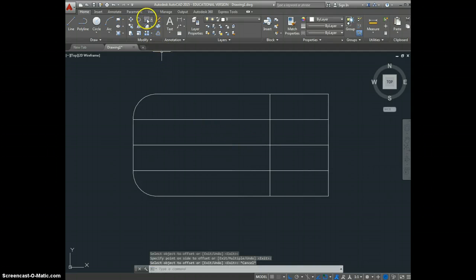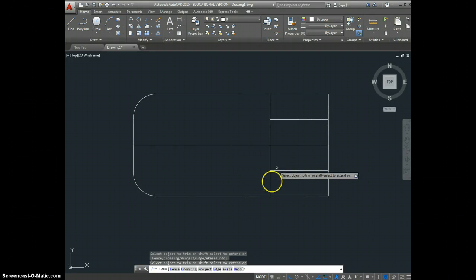I'll then come up into here, there's one called trim. I'll pick on trim, and as I'm moving down with the crosshair, I'll right-hand click on my mouse button, and then I'll pick on the lines that I don't want. So I'll pick on that, I'll pick on this, I'll pick on this, and it's jerky. That's because the program that I'm using is free on the internet. And I'll pick on this, and what I want to do is get rid of this line, so I'll pick on that and I'll pick on that,